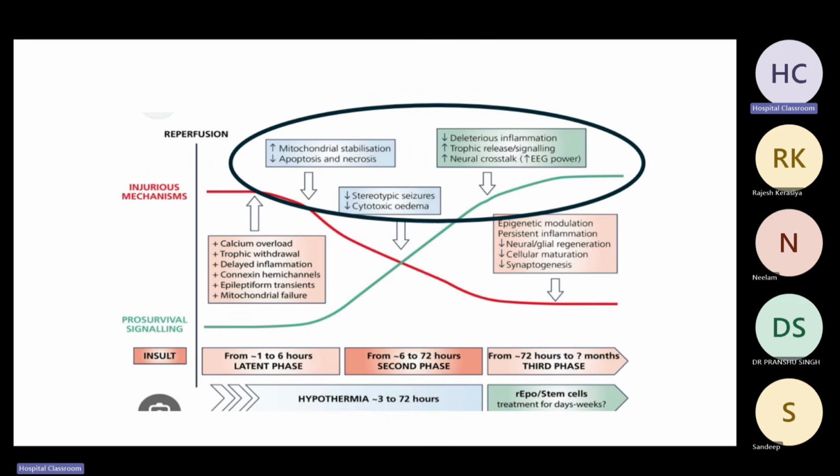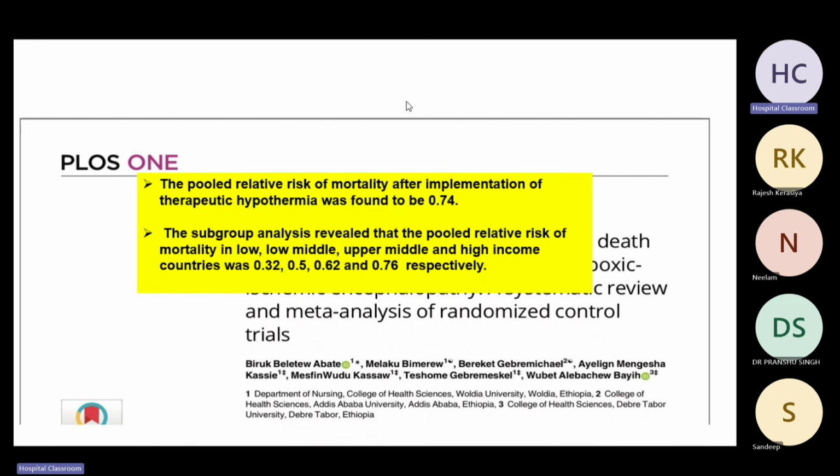So this is how it helps. It actually stabilizes the mitochondria. It decreases the apoptosis and necrosis of the neurons. It decreases seizures, decreases cytotoxic edema, decreases the inflammation, and it improves the neurological function overall. So there was initially a study way back in, I think, 2021, which showed that if you do therapeutic hypothermia